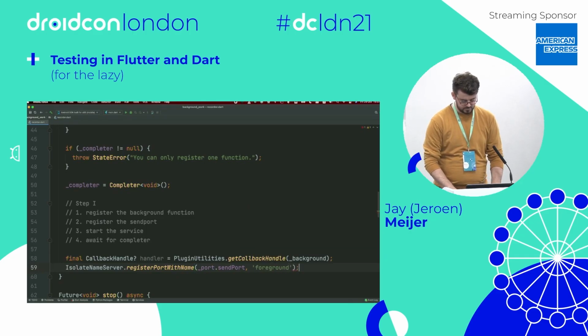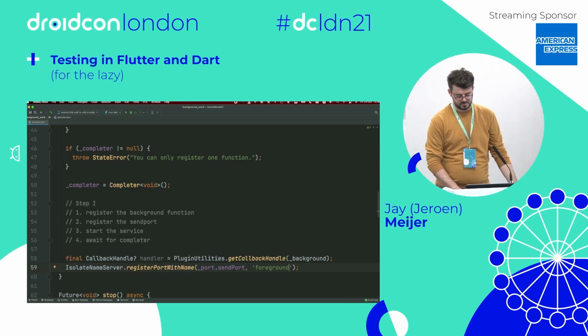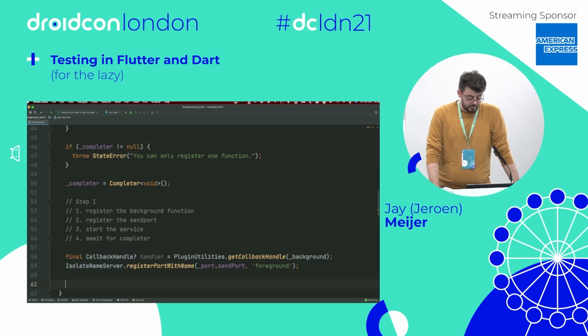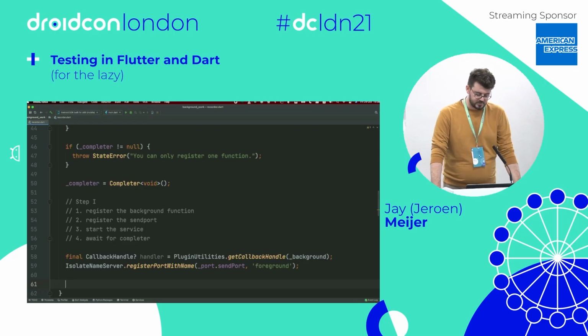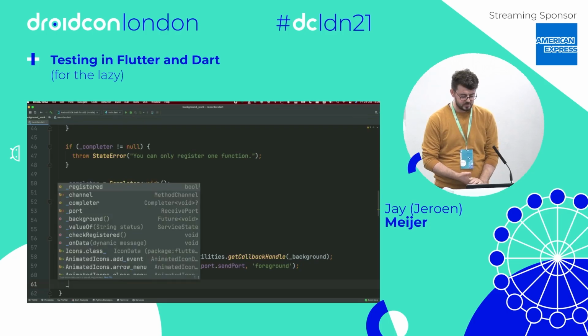So why do we need that? We want to be able to communicate from the background with the front end once we have the isolate set up. So we have the handler set up. We are registering the send port, and now we want to start the service. Now the service in our case,